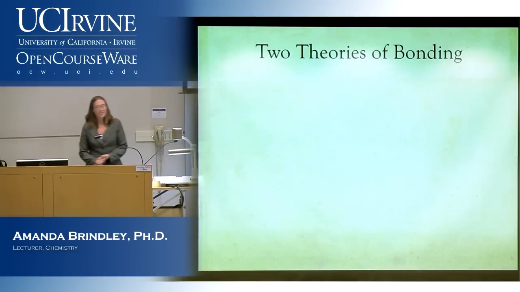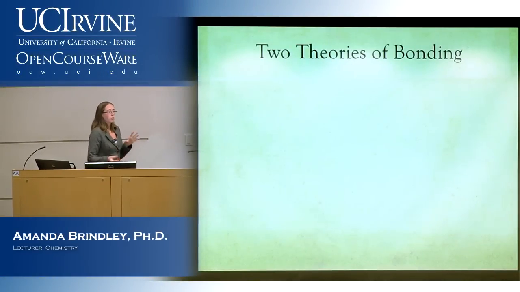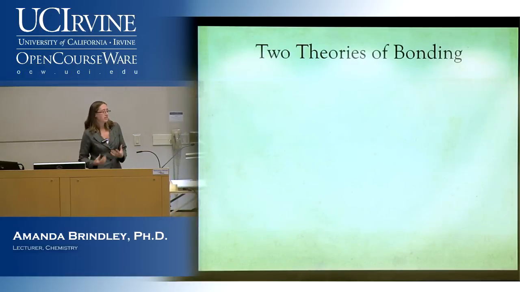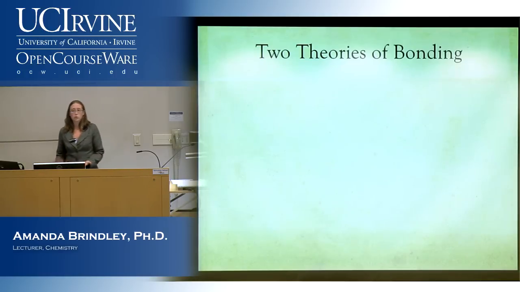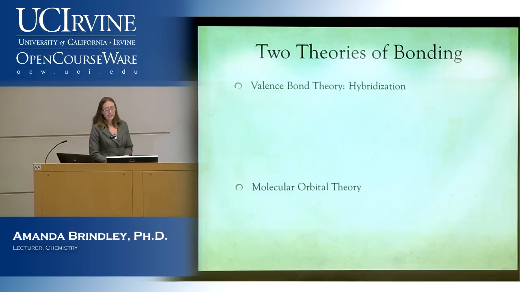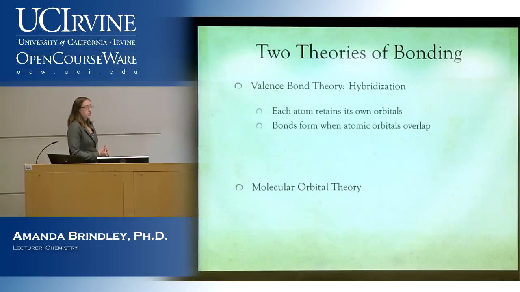Going over what we started last class, we have two different theories of bonding. And these work together and they work separately. They're just different ways of explaining how bonding works, and each one has its own benefits. So the first one that we'll talk about is valence bond theory, or hybridization, where